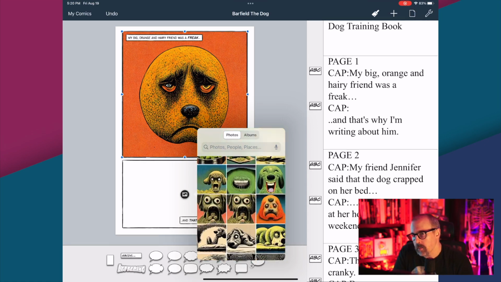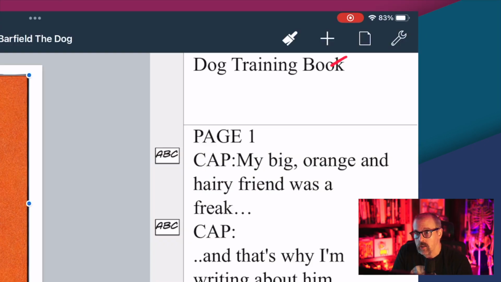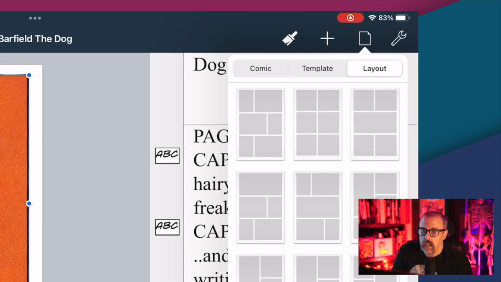And that's the nice part about using this app, but I'm going to add another page. So click on the page tool, click on the layout you like. I stuck with basic because it keeps the alleys of the pages all roughly the same size, which I think is helpful. You've got to be aware of that.